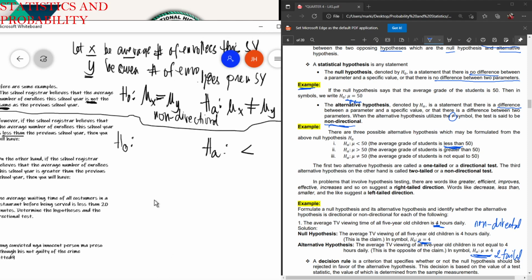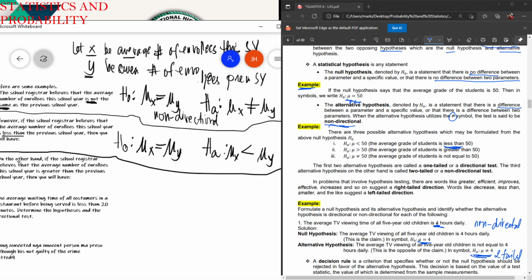So what do you think is the null hypothesis? The null hypothesis, again, should be equal. So the enrollees in this school year is equal to the enrollees from the previous year. The alternative hypothesis is that the average of the enrollees in this school year is less than the average from the previous year. How about the